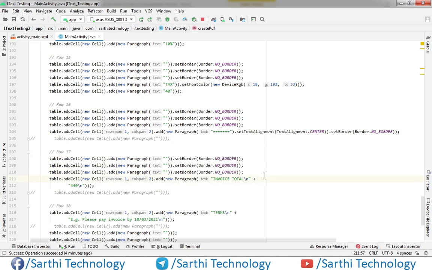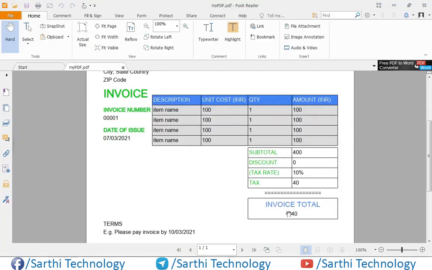Again we have two different formatting in the same cell, and that's why we need to create one text object for this, and this will be default.